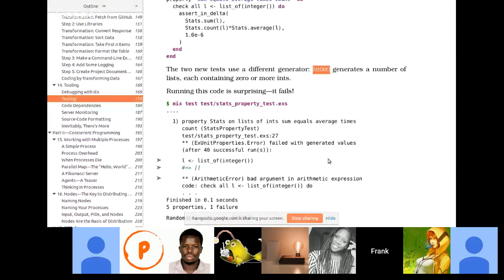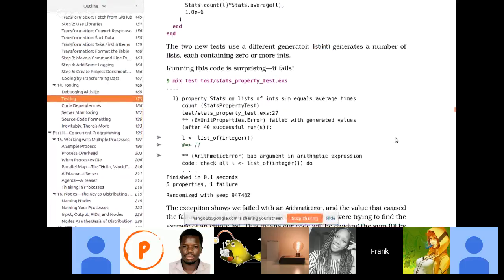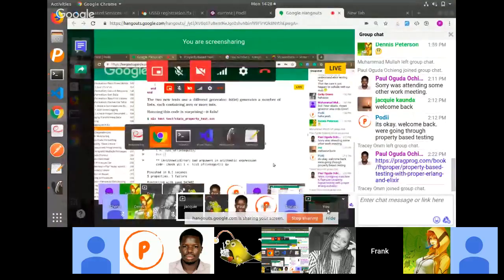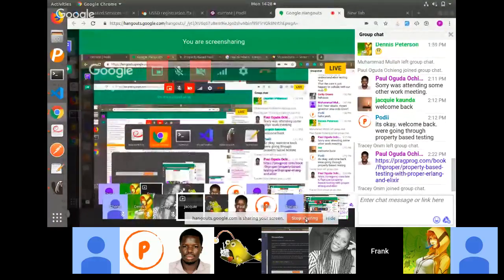What's the library for the server which you're getting data from? Stream data. Stream data. Okay. So here. Are you sharing a screen? Okay. The function is list of. I can share my screen. Okay. So using the stream data